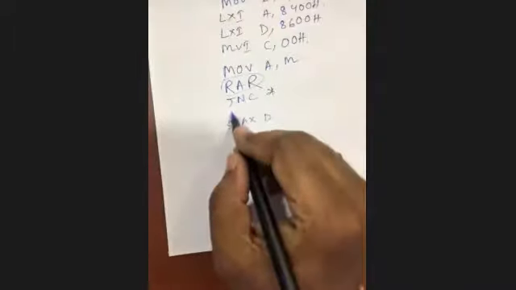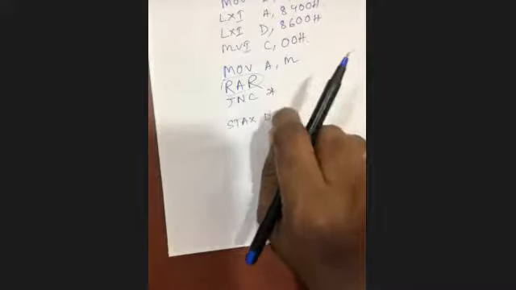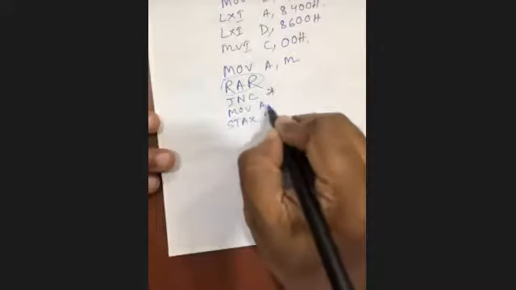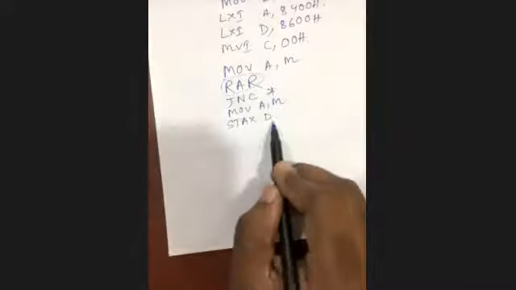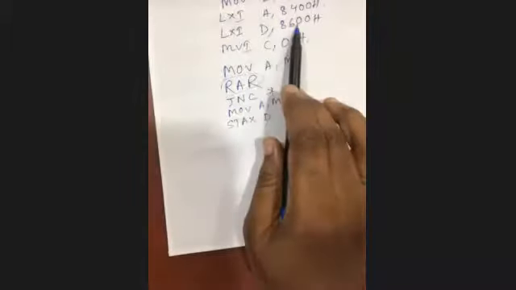To get the AB back, there are two options. Either the reverse rotation, RAL, or move A comma M again. So now what is the content of the accumulator? The content of M again. Content of M means AB is now in the accumulator. Yes, sir. So AB will be stored into 8600H with the help of STAX D.